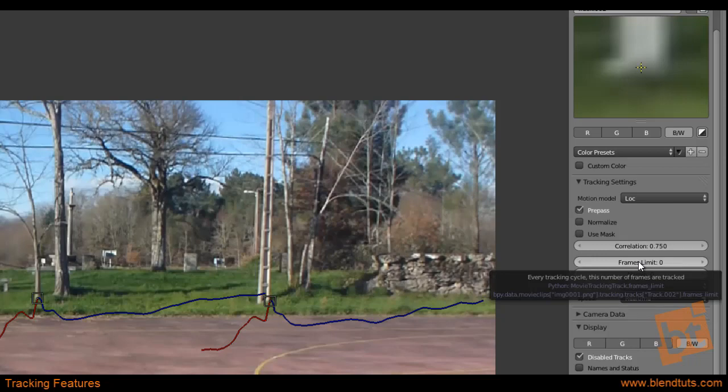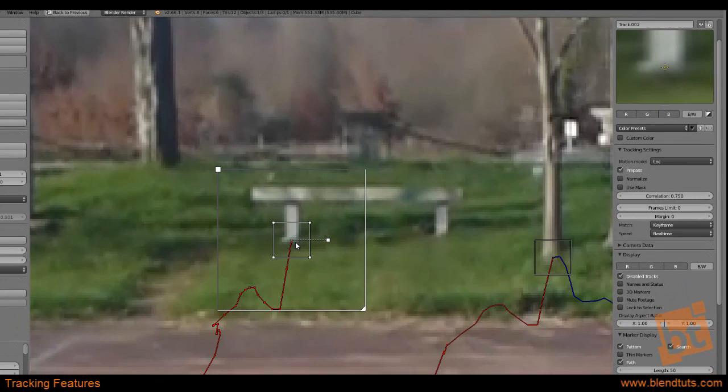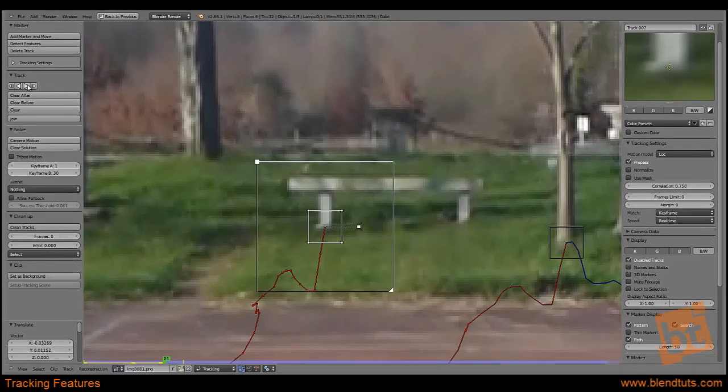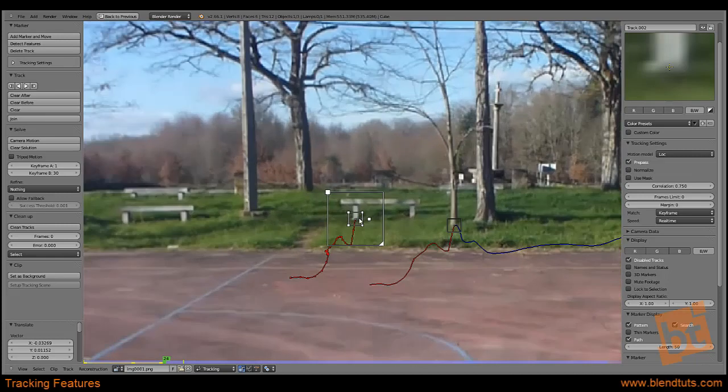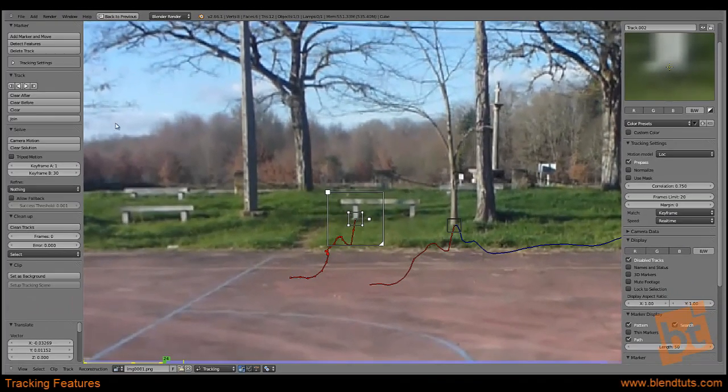Also, here we have the frames limit. This is an interesting thing because sometimes it can happen that when we make a track with this option, it starts tracking until the end of the video. And sometimes if we are looking at it, we see that it lost the pattern and is tracking another thing that we don't want, and we need to cancel it, go back, delete the frames that Blender did incorrectly, and then set it up again and all that. So what we can do here is set a limit, let's say 20 frames, for example, and when